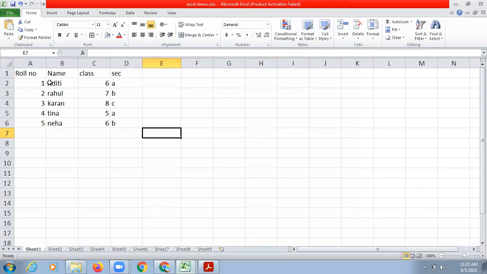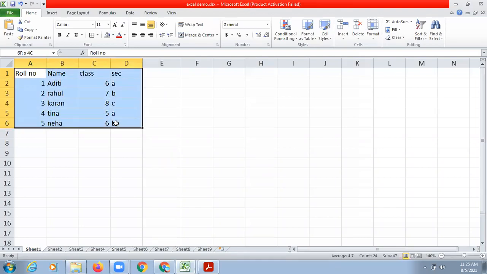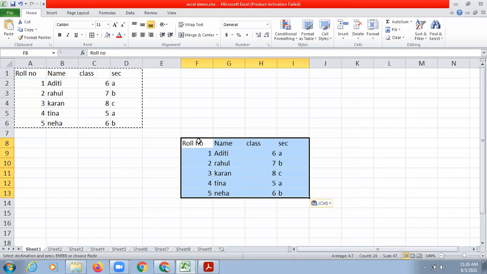For example, this is my data. Now copying. For copying, you have to select all the cells and press Control plus C from the keyboard. You have to press Control and C together, both together. And then you will be able to see this dotted border, which is also called the marquee, around the text which you have selected. So it means all the cells are selected now and copied. Now, if I place my cursor somewhere else and press Control plus V, the data will get pasted over there also.